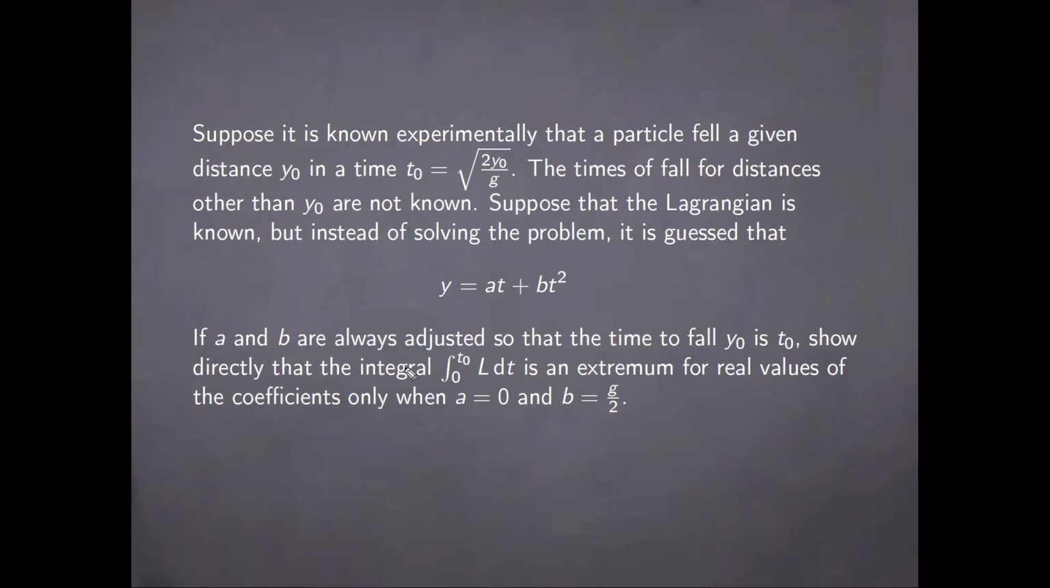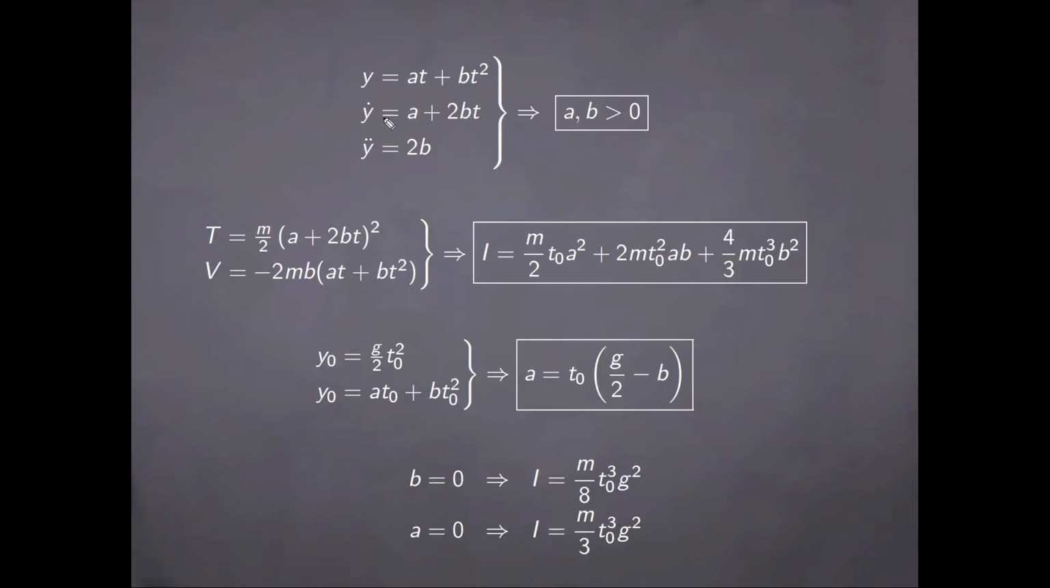If a and b are always adjusted so that the time to fall y0 is t0, show directly that the action integral is an extremum for real values of the coefficients only when a is equal to 0 and b is equal to g over 2. Well, since we have guessed that y is of this form, we can immediately calculate the corresponding velocity and acceleration, and the conclusion that is drawn immediately from these expressions is that a and b are both, in any case,